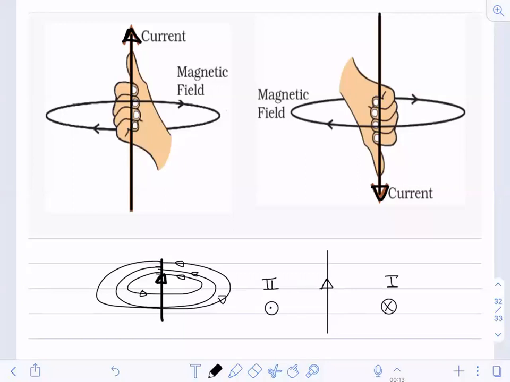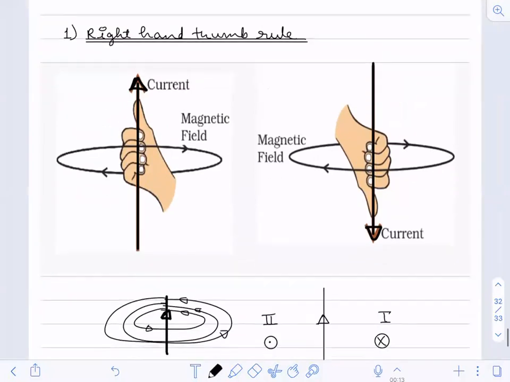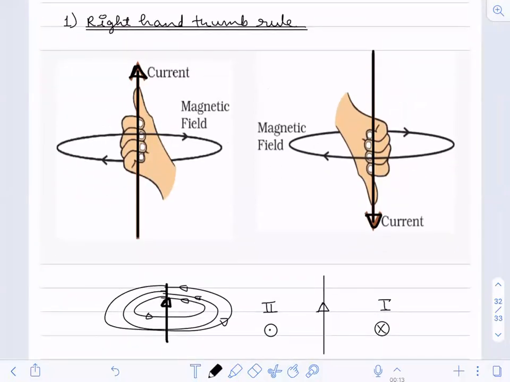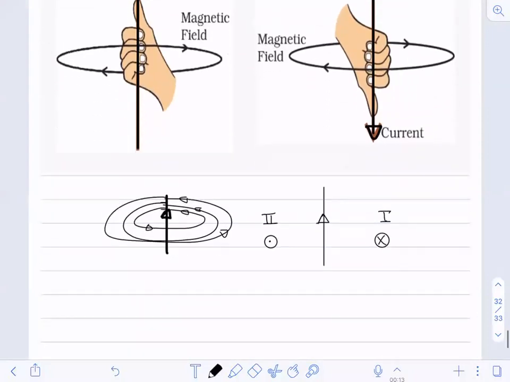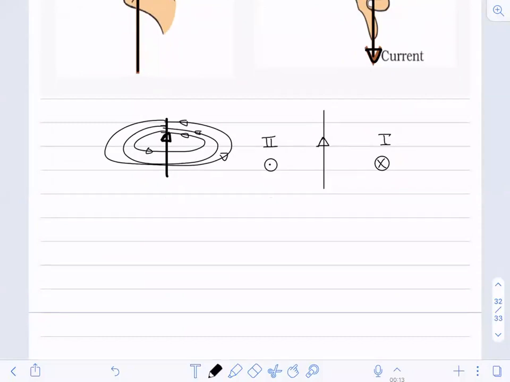Then only you will be having the anti-clockwise motion, correct? Because if the magnetic field lines are going inside from region 1, and then following that circular path, and then coming out of the second region, like this you will be having a concentric circle. So this is the right hand thumb rule. Fine.